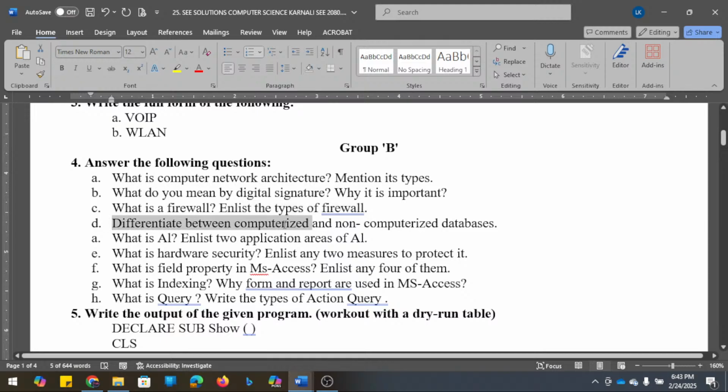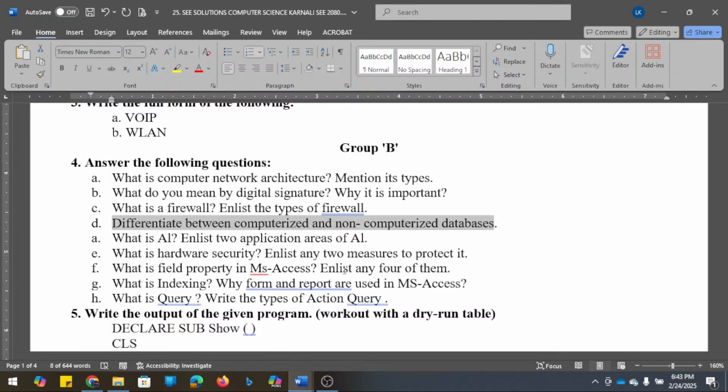Next we have the difference between computerized and non-computerized databases. In earlier days, we used to have databases which were not computerized, in which we used to store the data in the form of TXT files, and which was not reliable. Linking multiple files was a very difficult job for the programmers as well as the designers.